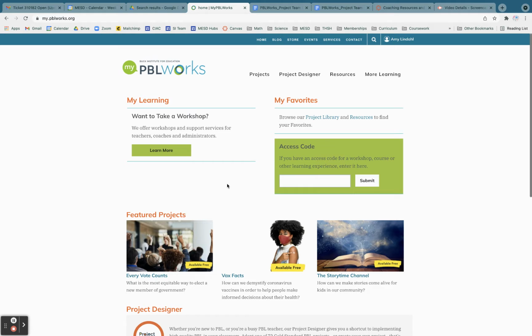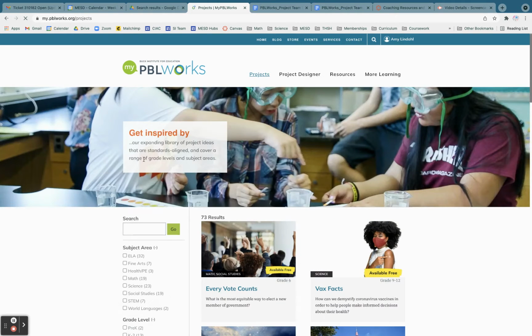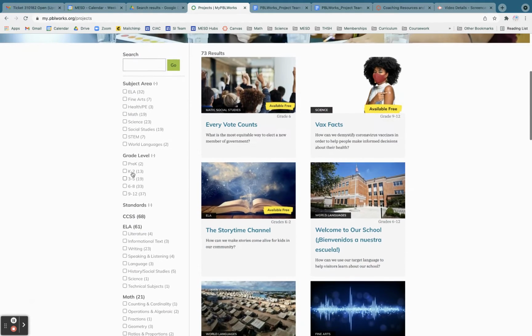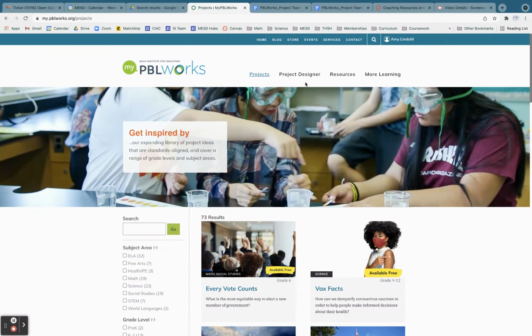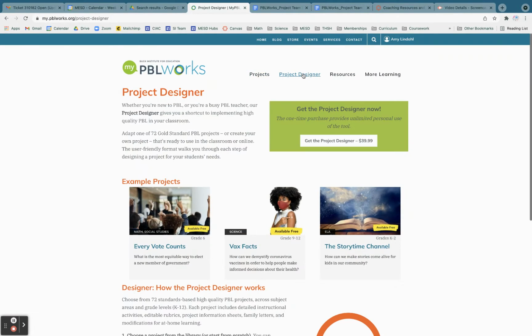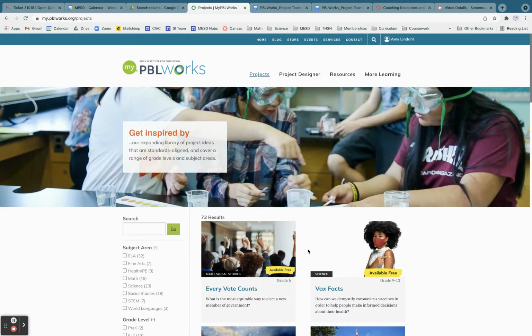And here I wanted to give you a quick overview of some of the things that you'll find in here. So there's a section on projects. You can explore different projects. Notice that some of them say available for free and others don't have that banner. If they're missing the banner, that means they're one of the paid projects, which is part of the Project Designer package. But you can certainly explore the free ones and get a feel for what's here and decide if that might be a good fit for you